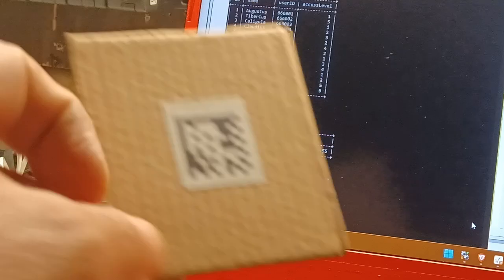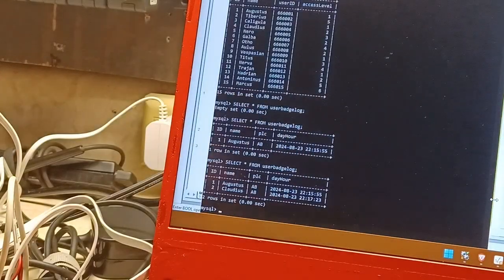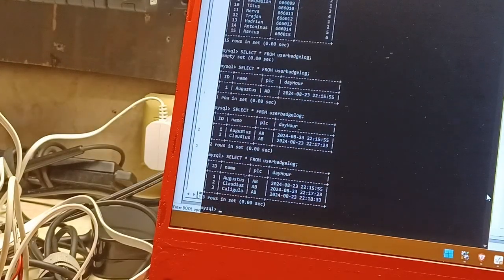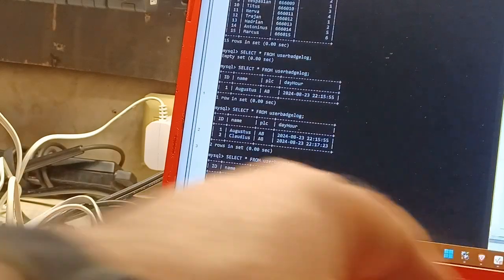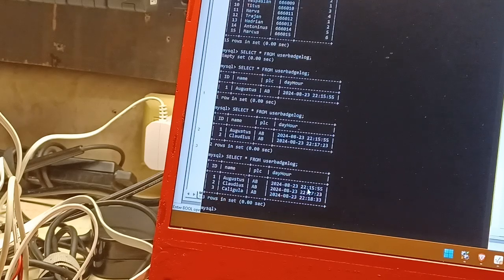So let me scan another one. I'm going to scan this one here. And you can keep track of what's going on. This user, Caligula, has access level 3. So this guy can go and reset quality alerts, right? But it happened at this time. So you can go back and study your tables and create reports out of Ignition or MySQL and know this